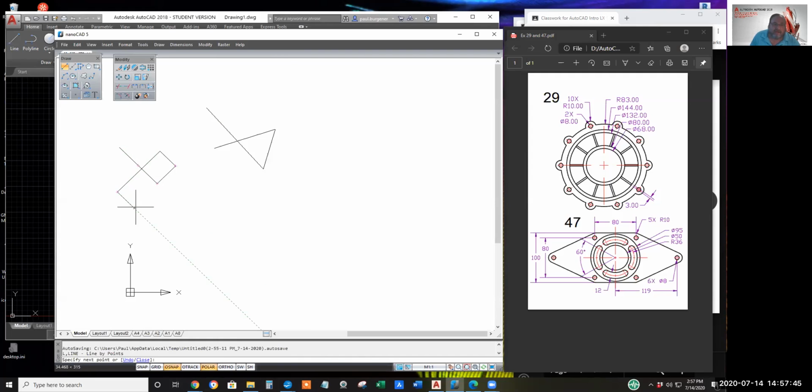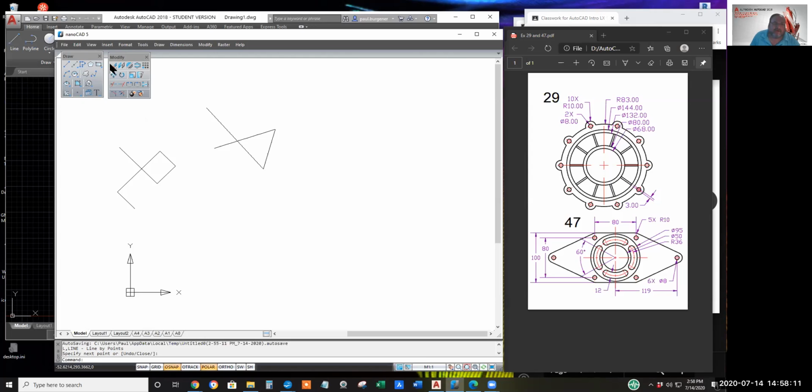I'll show the couple students that don't have AutoCAD, but if you reshape the toolbars in the rectangle or in the squares, it's kind of sort of similar to AutoCAD. I notice the text command, which we'll cover in a few weeks, is on the draw toolbar instead of annotate.